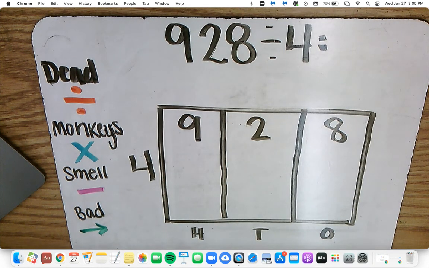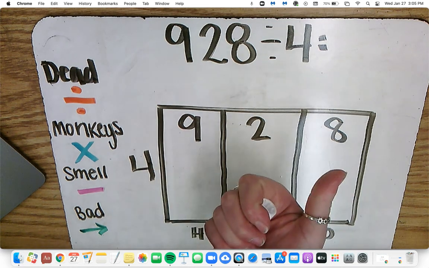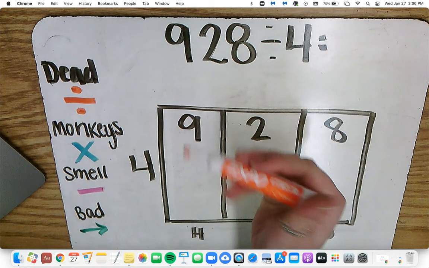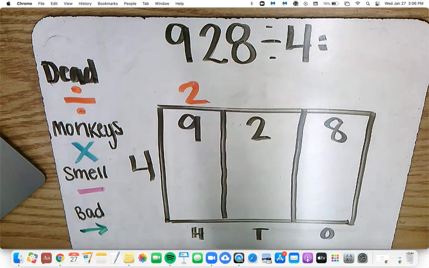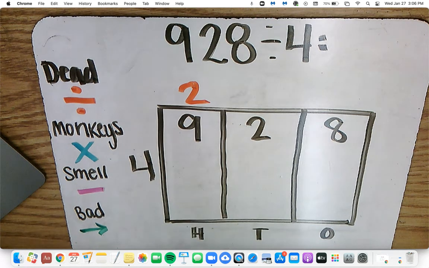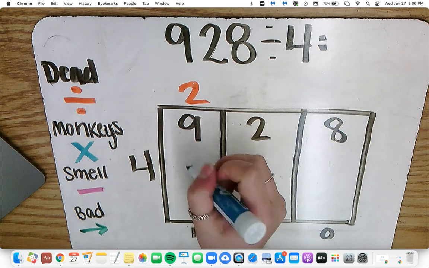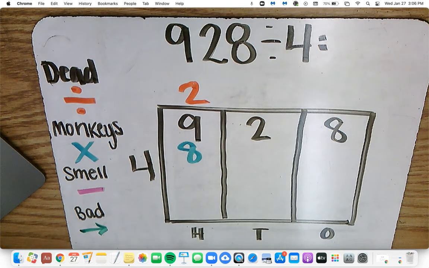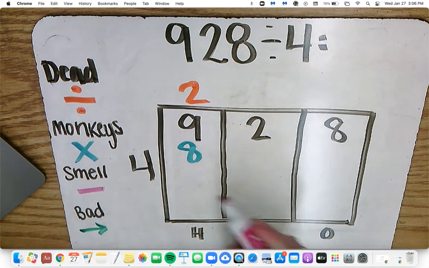All right, it's time to smell those dead monkeys. Dead, divide. 9 divided by 4. Another way to think about it is how many times does 4 fit into 9? 4, 8 if you're using your skip counts. 2 times. You can draw a picture for these small divisions, if you need to, or you can use your skip counts. Now it's time to multiply. 4 times 2 is 8. Dead monkey smell, time to subtract